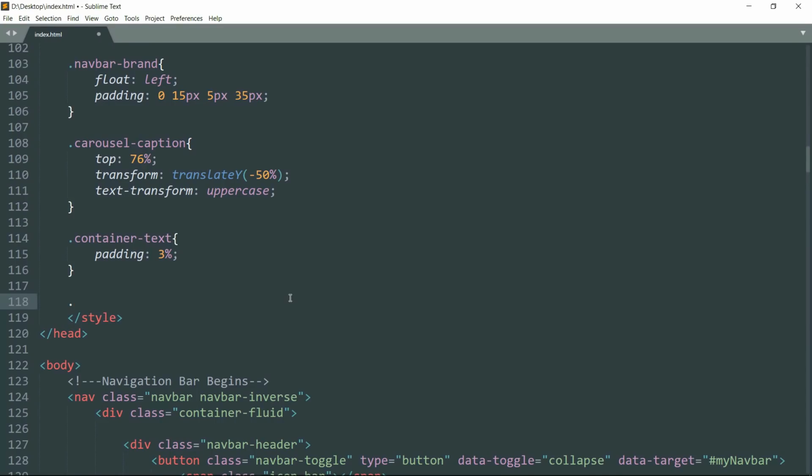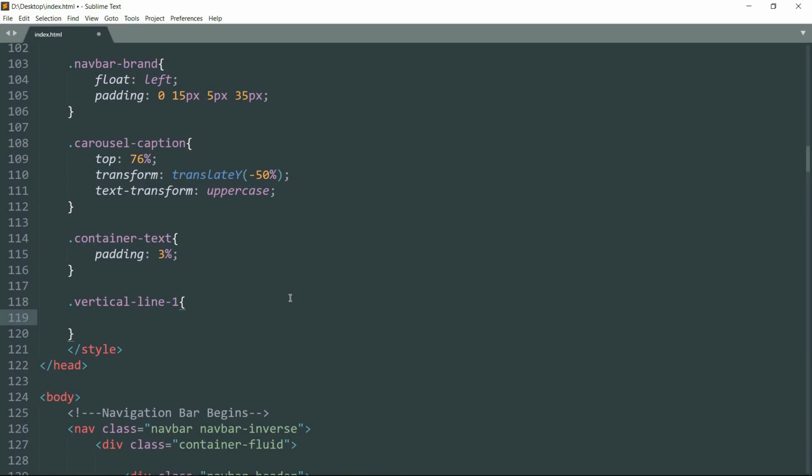Now let's format the vertical line. Type .vertical-line-1, give it a padding of 20 pixels top bottom and 0 left right.